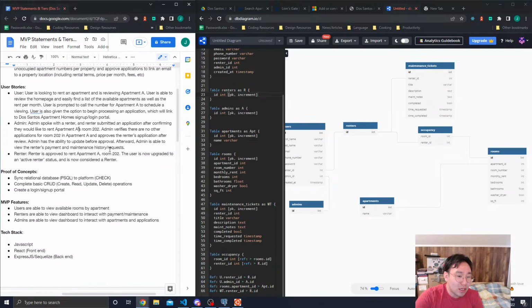I'm pretty satisfied with that. With this payment section, again, this is going to be an entire beast in and of itself that I'm not going to get into too much right now. This maintenance history and requests is going to really be handled through our API, so not everything is handled through databases. Using a database is another tool that we have, and a benefit of using this tool is having access to